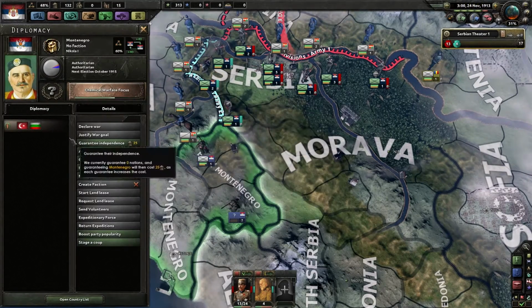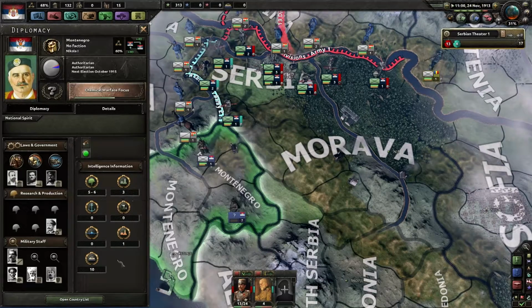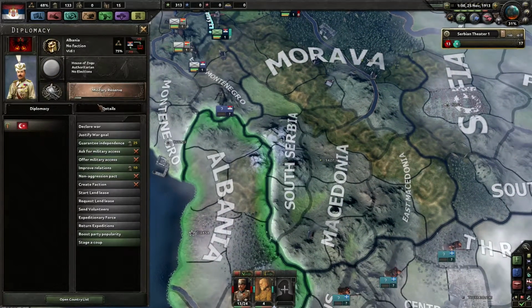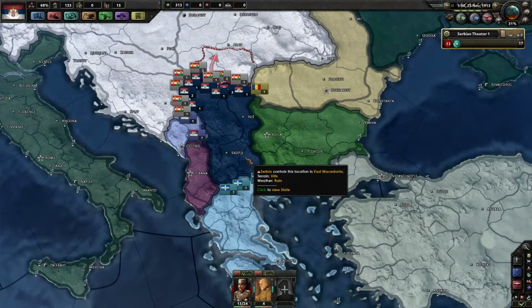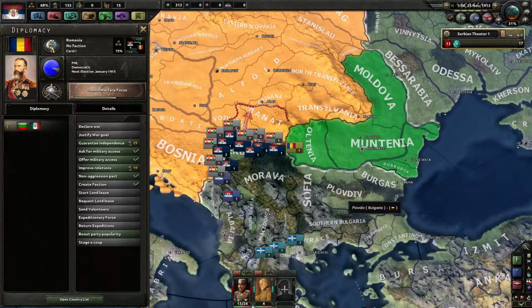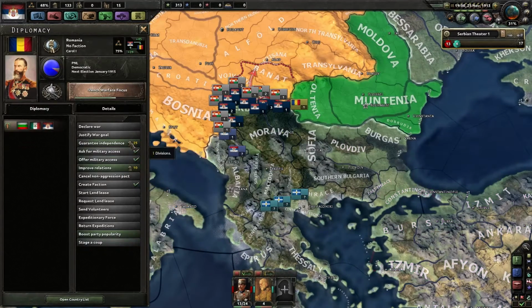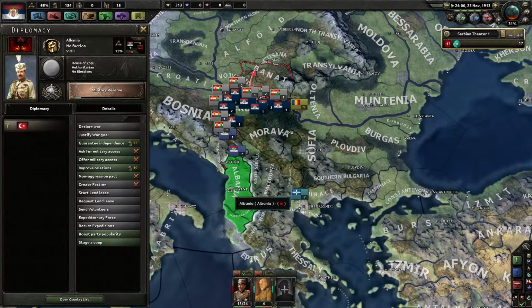Montenegro, you should join my army, or join my country. 5 to 6 troops. Albania, you don't even like me, but you should join my country. Everybody should join my country, honestly. You want to have a non-aggression pact? I don't know what it does. Yeah, I mean, it lasts forever, but...